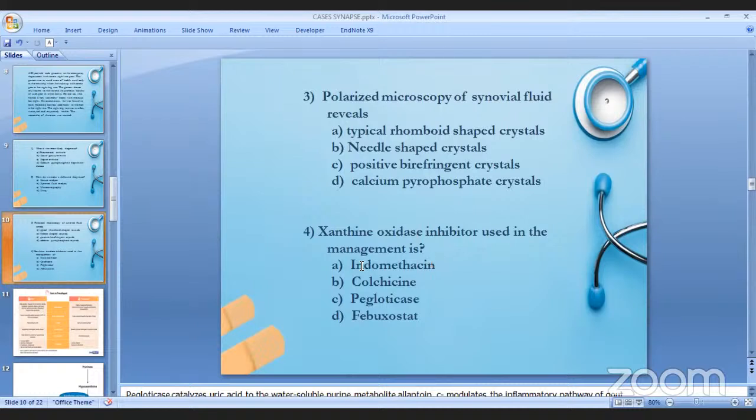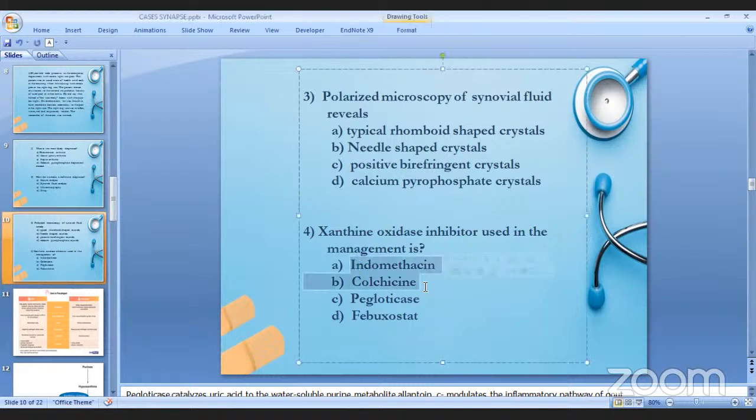Indomethacin is an NSAID. Colchicine, what is it? It modulates the inflammatory pathway of gout, so in this way it decreases the inflammation. These two medications are used especially in the acute flare of gout. But medications such as febuxostat, or simply xanthine oxidase inhibitors, have no role in an acute flare of gout,